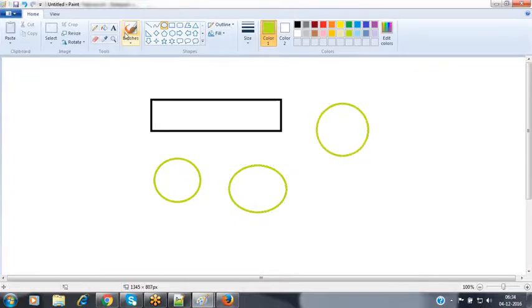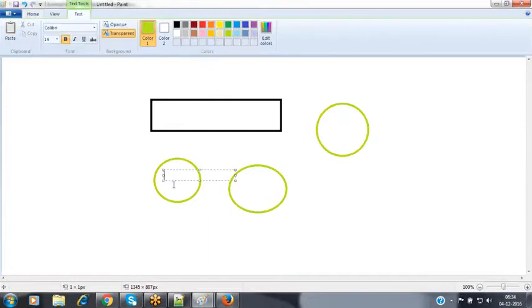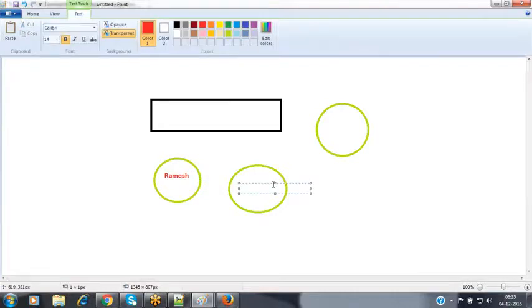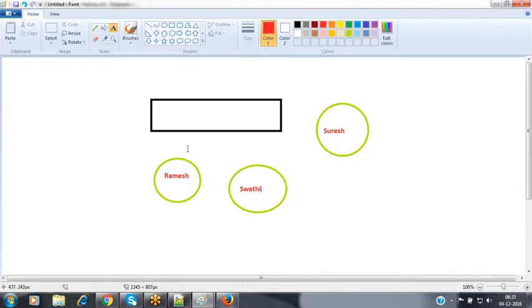This person is Ramesh, this person is Swati, and this person is Suresh. So all these three persons are working inside my same team right now.